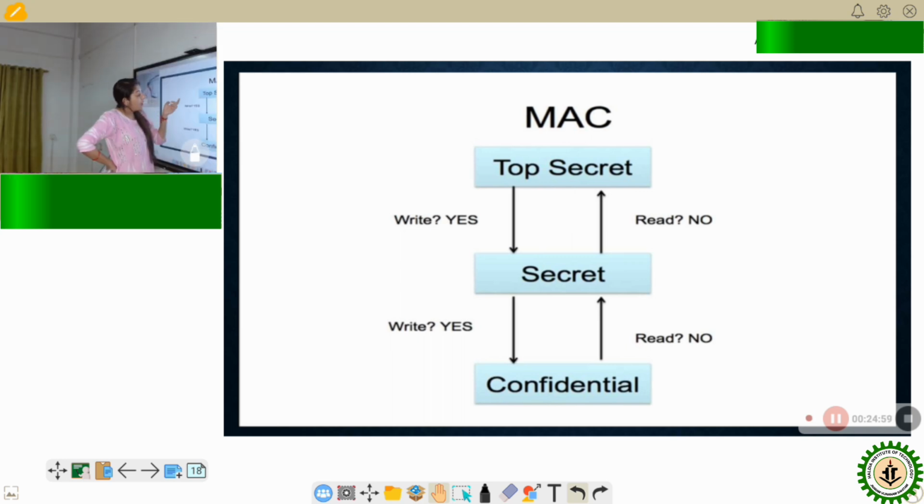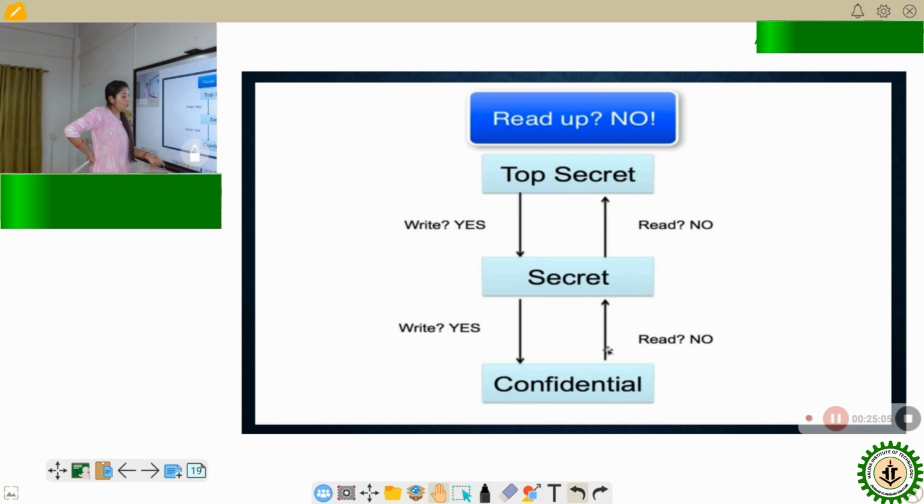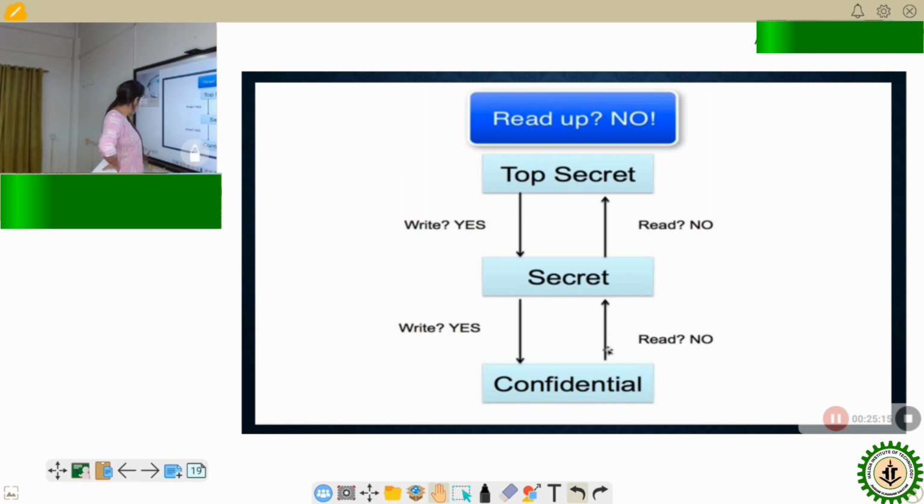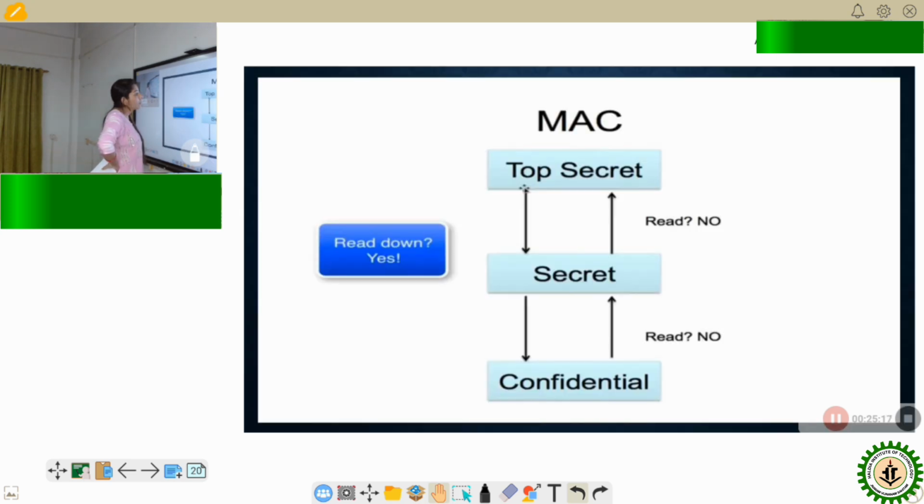Okay, again, let me separate this flowchart. In this flowchart, we can see, can you read up? No, that means you cannot read a higher level of information if you have a lower level of security clearance. Can you read down?